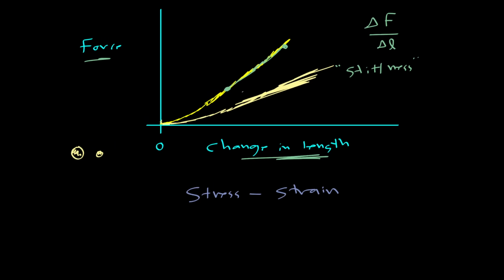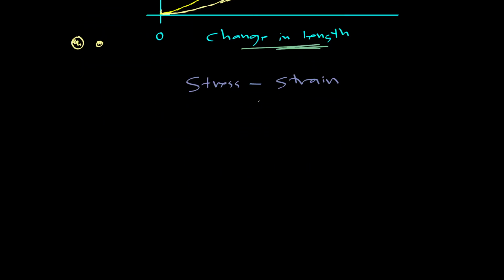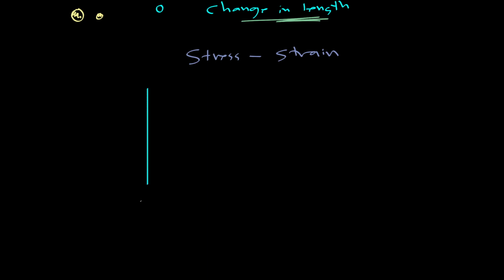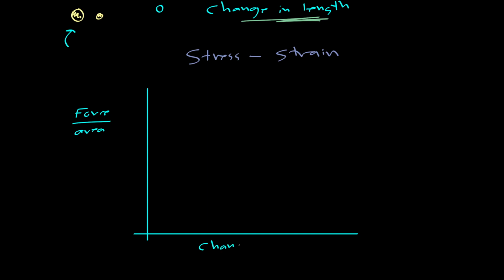So there's a way to normalize for that, and that way is to not look at force and change in length. But what we're going to do is the exact same experiment, but instead I'm going to plot the force divided by the area, and that's the cross-sectional area of say this Achilles tendon that we're stretching out. And then down here I'm going to plot the change in length, but I'm going to do it as a percentage of the original length,